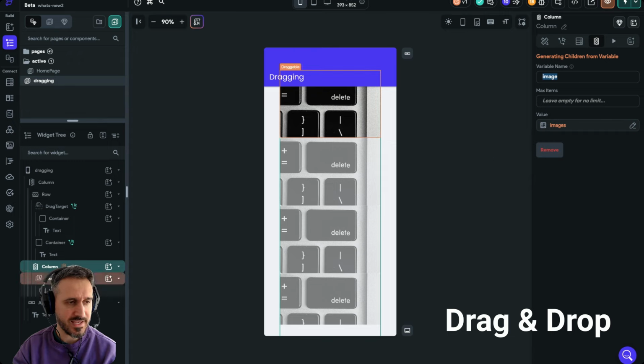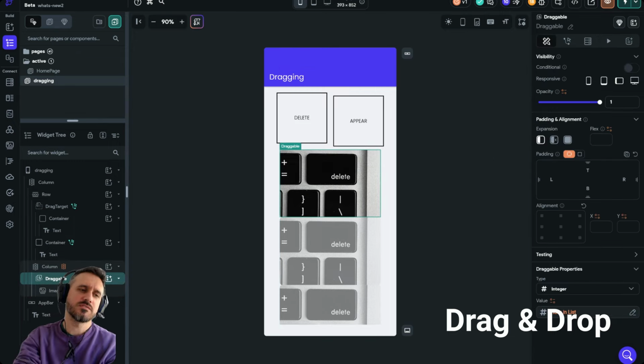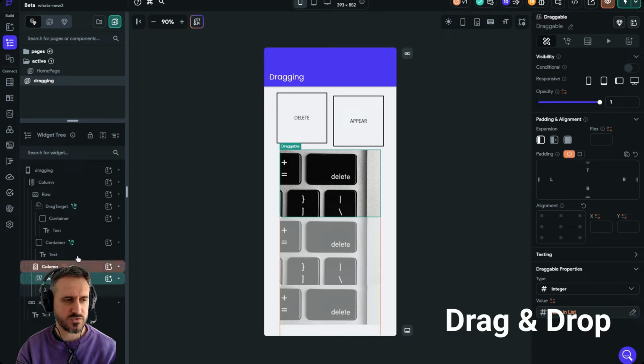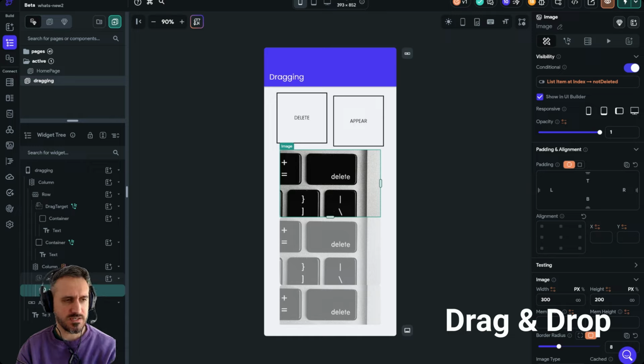And then I have a draggable, so it's very important to have a draggable for each of the images. The first time I did it, the draggable was on top of the column, and this is not how you have to do it. If you have a list, you have to have the draggable for every single item. And then we have the image, which has conditional visibility, and this is how I'm deleting the images, to be honest. It's just a simple conditional visibility,